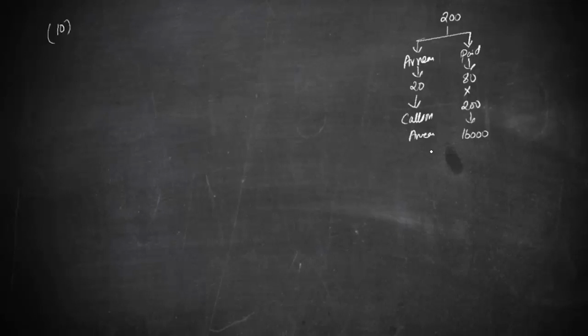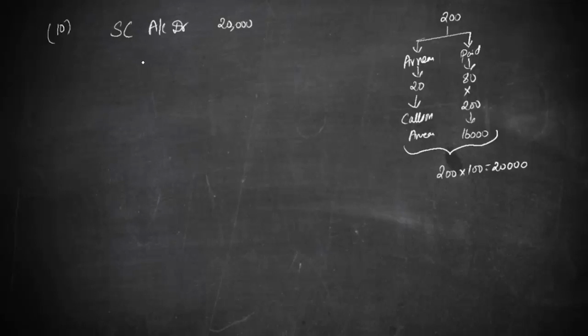But the point you have to notice, you don't have any uncalled portion. It means the entire 100 was credited to the share capital account. So the entire 100, that is 200 into 100, this entire 20,000 was credited to share capital account. Now we have to cancel that by debiting. So share capital account debit should be this 20,000.